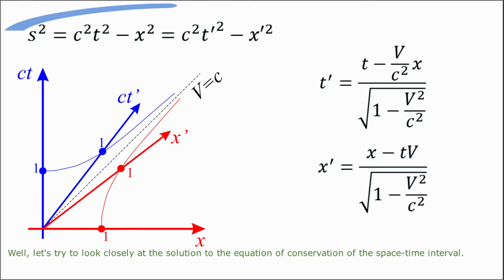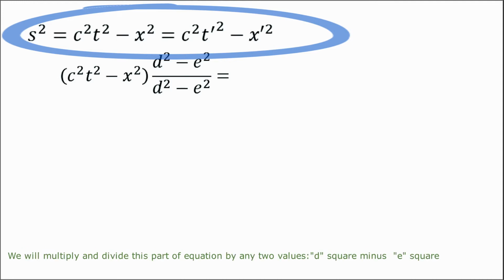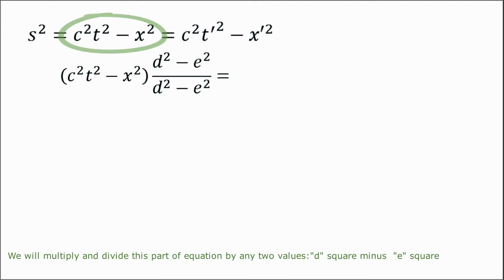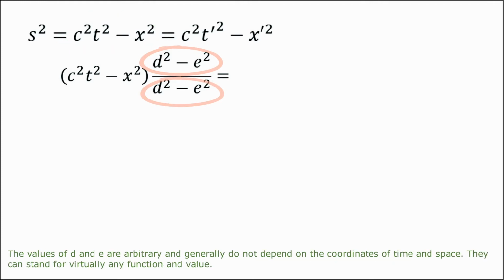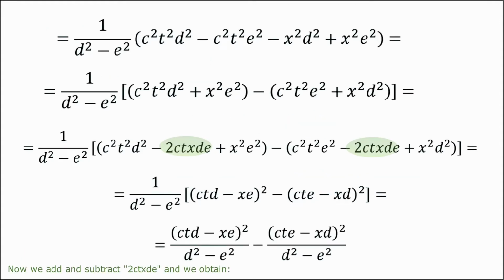Well, let's try to look closely at the solution to the equation of conservation of the space-time interval. We will multiply and divide this part of the equation by any two values, d squared minus e squared. The values of d and e are arbitrary and generally do not depend on the coordinates of time and space. They can stand for virtually any function and value. And we transform this equation, and now we add and subtract 2ctx de, and we obtain